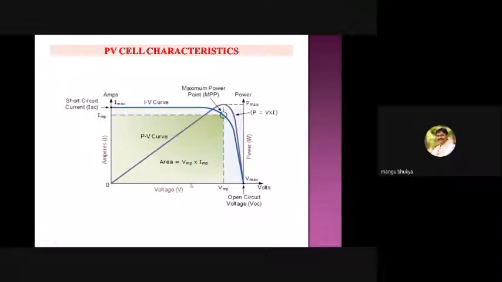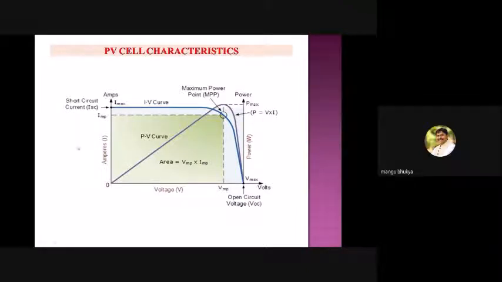Okay, and you might have heard of the fill factor. It's simple. Fill factor is the area of the rectangle. You can see this rectangle formed by IMPP and VMPP. The area of the rectangle is length into breadth, that is VMP into IMP. So this much area. And if you plot the rectangle with the VOC and ISC, then you will get this one. So the higher the fill factor, the better the performance of the cell.